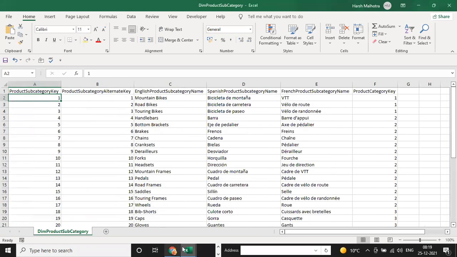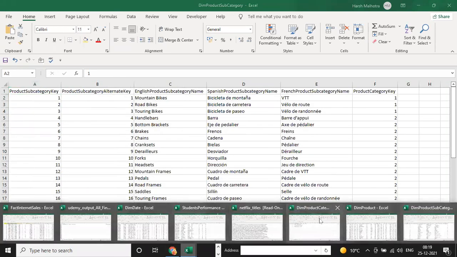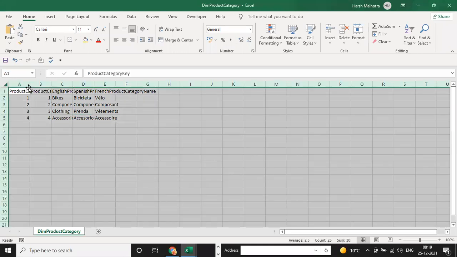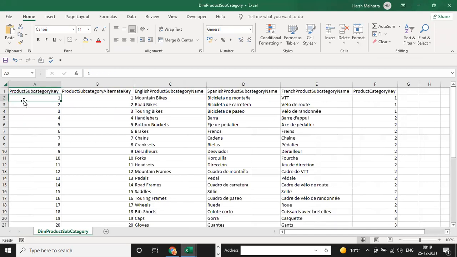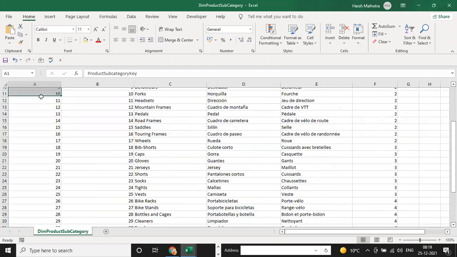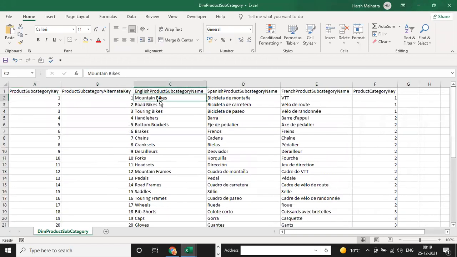And now you can watch one by one. This is your product category key. Under this you have only 4 categories. It means 1, 2, 3, and 4, meaning bikes, components, clothing, and accessories. If you select this subcategory, under it you have a total of 37, of which some are for the bikes part.